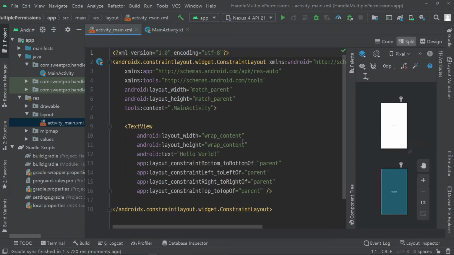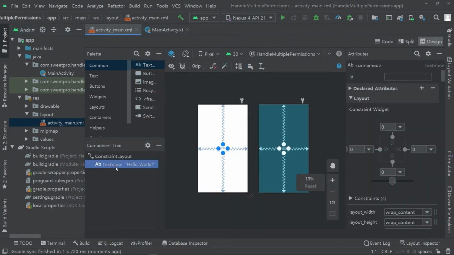UI writing. Create a launch button for requesting multiple runtime permissions.